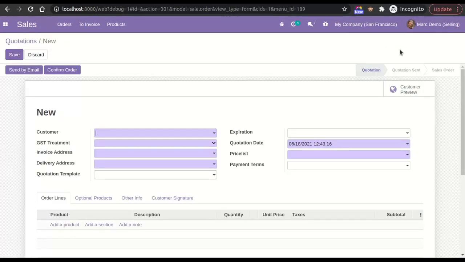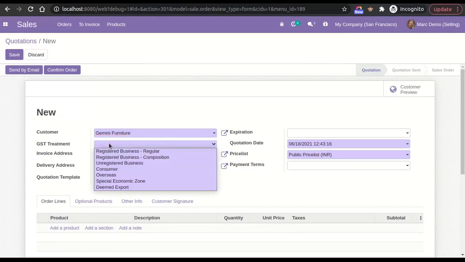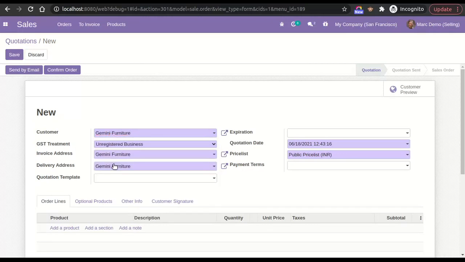Here I am logged in as Mark Demo. Add customer name, Gemini Furniture, GST treatment, and fill all other details.